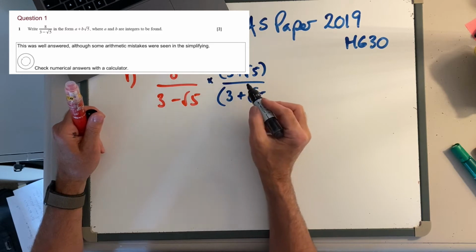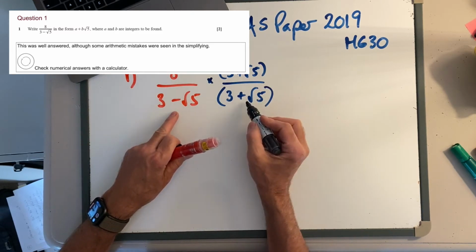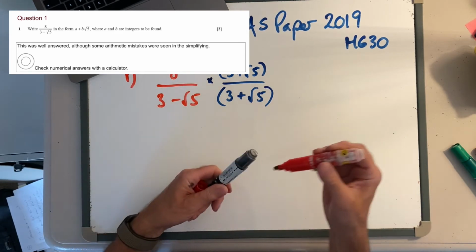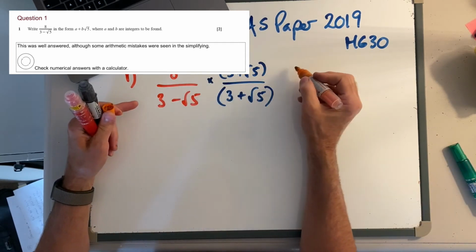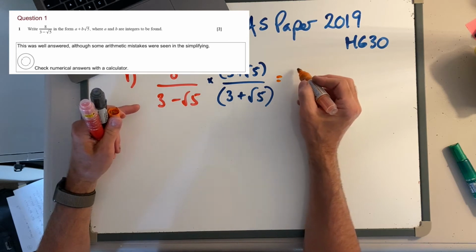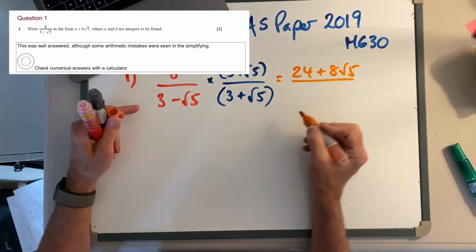So basically you multiply by the opposite sign of what's there. And this way you'll get a difference of squares and things can cancel out. Kind of really neat. So on the top here, let's just see what they want. They want it as a plus. So I'm going to get 24 plus 8 root 5, all over